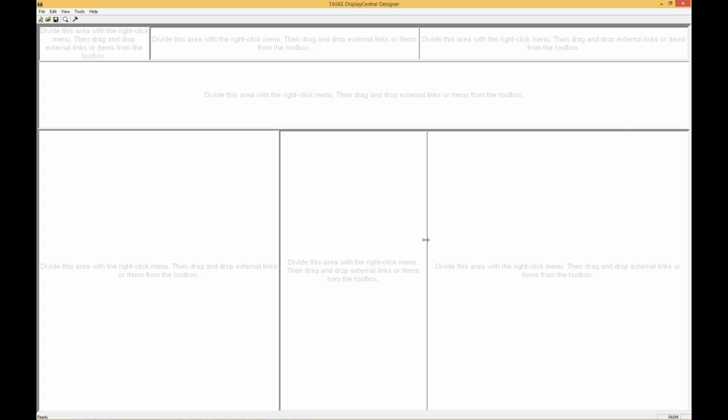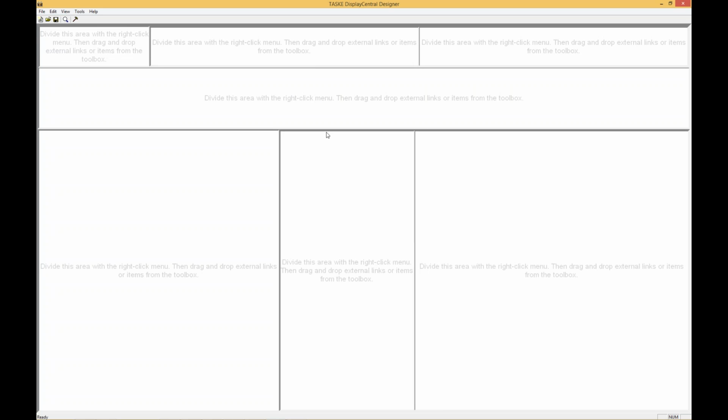Very simple, very straightforward. All right, so that's about right. I'm going to divide that up. Once you have the screen laid out as you'd like to see fit, there's a little hammer icon within the application that's going to show us the toolbar. The toolbox allows us to place the components